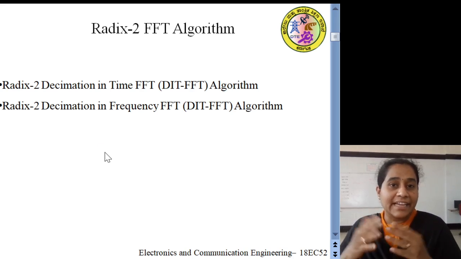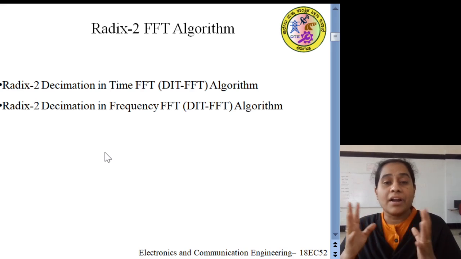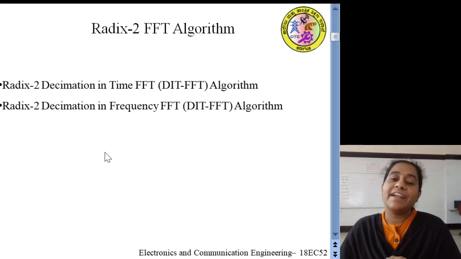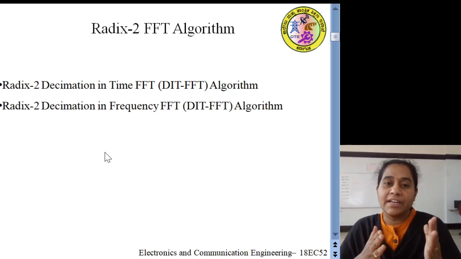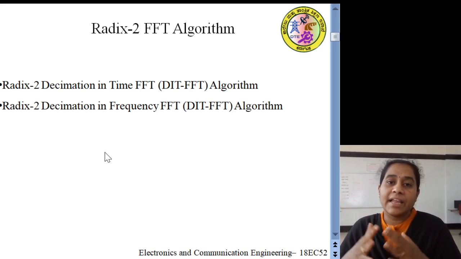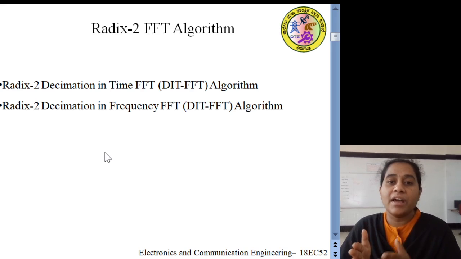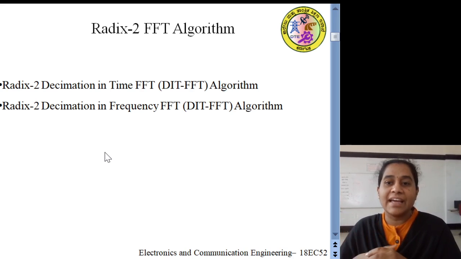First consider the classification of algorithms for finding DFT. According to the broader classification, it is first classified into the divide and conquer approach and DFT as linear filtering. If we consider only the divide and conquer approach, there are mainly three sub-classifications, that is radix 2 FFT algorithm, radix 4 FFT algorithm, and split radix algorithms. In that we are mainly concentrating only on radix 2 algorithms. The radix 2 FFT algorithms are again classified into two algorithms.